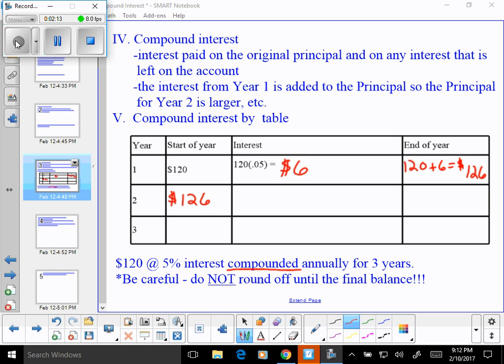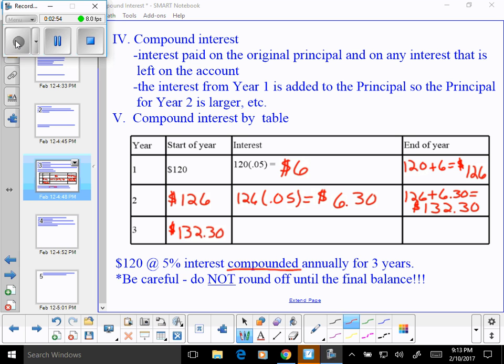Now we're going to take that 126 times our interest rate of 0.05, and that's going to give us $6.30. Now remember, we take the amount from the start of the year, 126, plus the 6.30, and that will give us an end of the year balance of 132.30. Remember where that's going to go now? Yes, that's going to become the beginning balance for year 3,